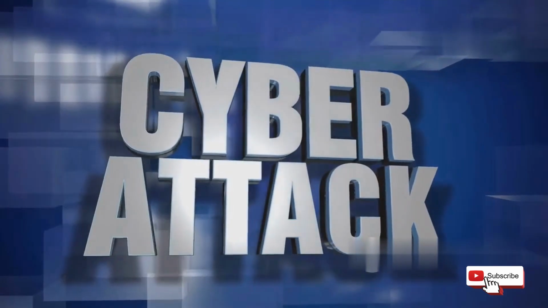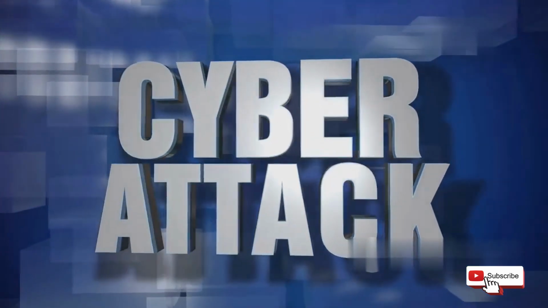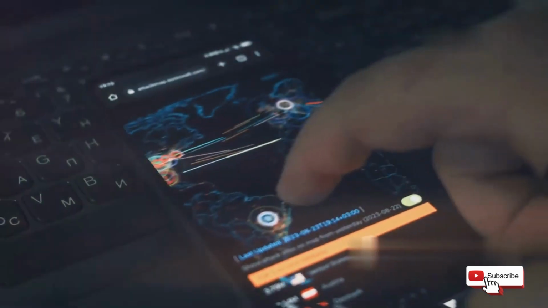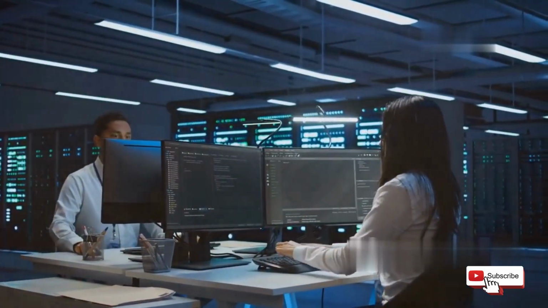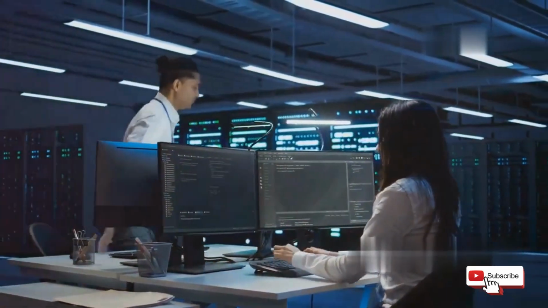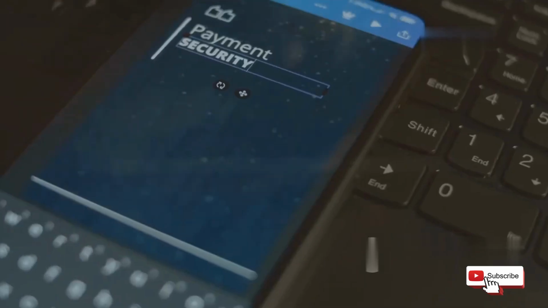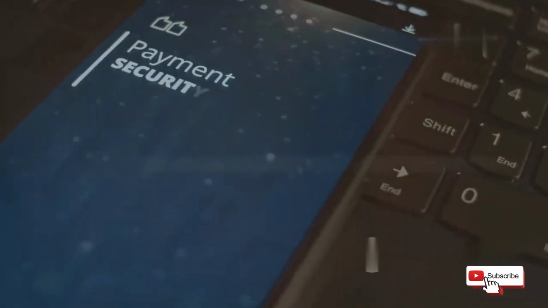These scenarios, while fictionalized, are based on real-life incidents. They remind us that smartphone spying is a present danger with severe consequences. Section 9. Protecting your digital fortress, a multi-layered approach. Protecting yourself from smartphone spying requires a multi-layered approach. Here are some essential steps to fortify your digital defenses.